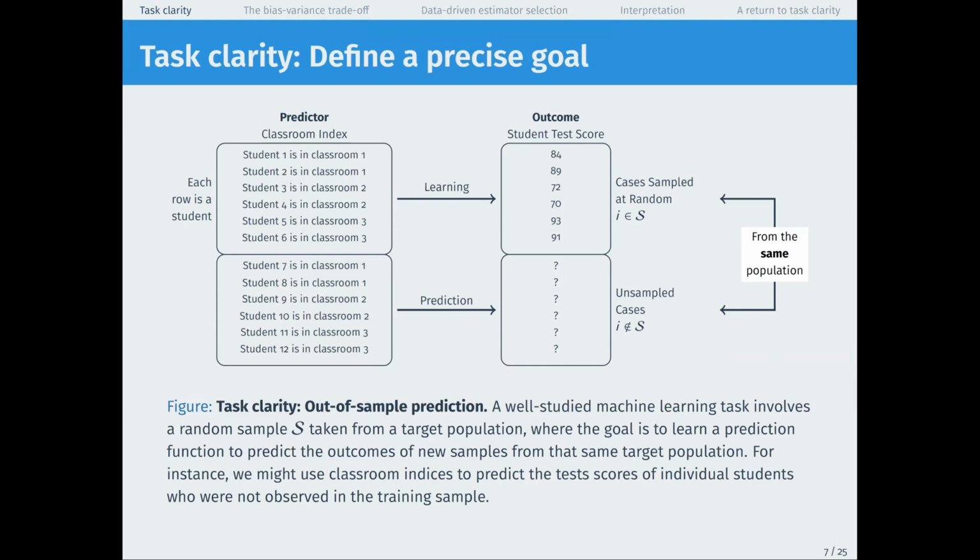The reason this is the same as statistics is because the best prediction function is going to be the mean in those classrooms. So if we really knew the average test score in classroom 1, then that's what we should predict down at the bottom, at least if our error metric is mean squared error. And I'll come back to that one in a minute, but mean squared error is a common error metric in machine learning that's also very similar to many statistical estimators like ordinary least squares.